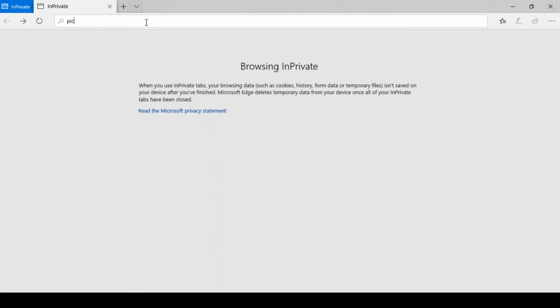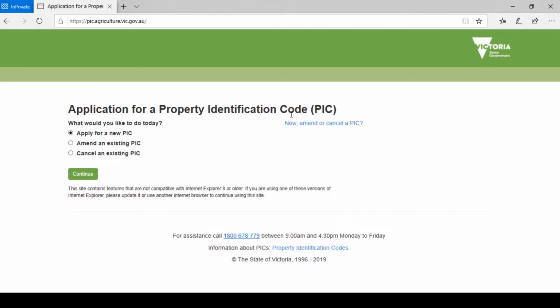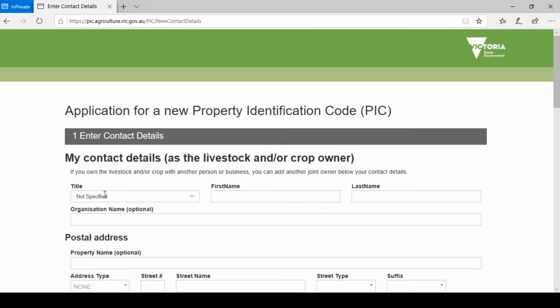To apply for a PIC, open an internet browser and type pic.agriculture.vic.gov.au into your address bar, then press Enter. Select Apply for a new PIC, then click Continue. Enter your contact details,